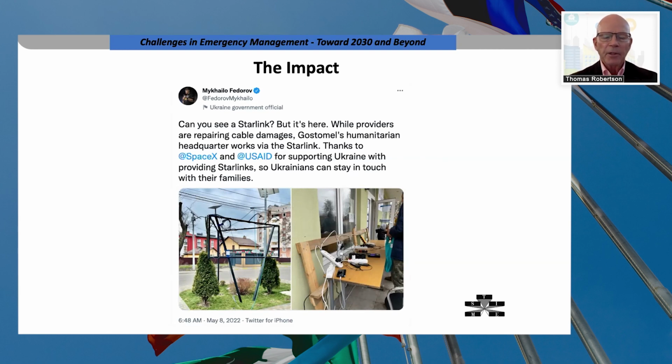showing a makeshift application of Starlink. You can see in the photo on the left side there, in this case, a small rectangular Starlink terminal being mounted. And on the right side, there's a desk that is being used by the humanitarian organization in Hostomel, enabling them to continue operations while the cable traffic that would normally carry their internet and calls was being repaired. So this was quite a coup for technology that's come along and become economically viable fairly recently. So let me talk about what's involved, what's behind this ability to use satellite networks and deploy